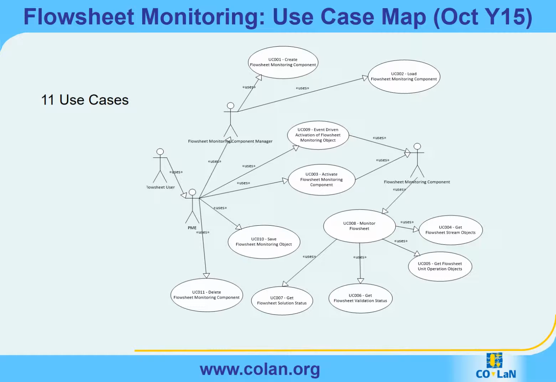Basically, some monitoring activities are only useful if the flow sheet is solved. Other applications may not necessarily require that. Okay. The same thing is true with the validation status. And then you can get the unit operation objects or the stream objects of the flow sheet, which will allow you to go through the object graph. These gets, by the way, are supposed to be read-only. You should not be able to modify the parameters or the ports within the unit operations or the flow sheet, the streams. So, next slide.